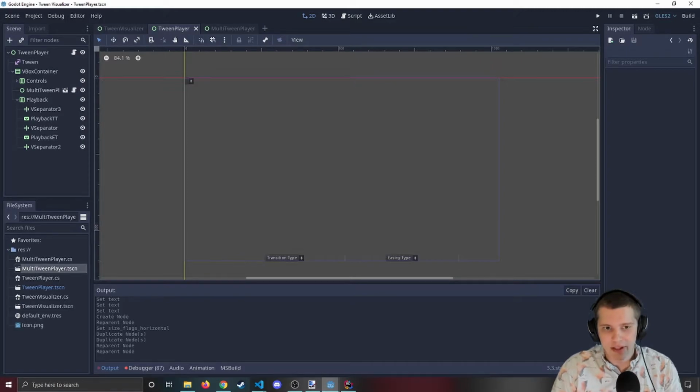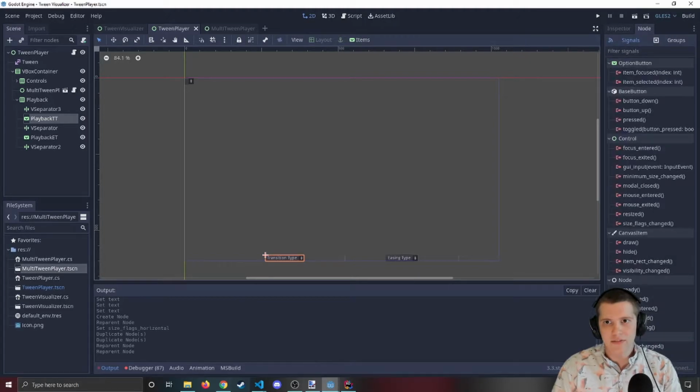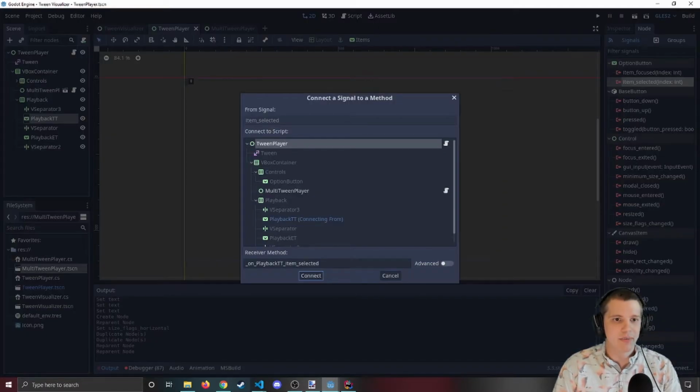So this isn't going to be a full-fledged tutorial on how to do UI, but in a simple sense, we're going to populate the possible options for both of these controls, and then we're going to listen for when they get changed. So let's first set up the listening. To do that, you can click on your combo box, go to the node, and we want to hook into when this item selected changes. So if you double click on this, and then we can click on Tween Player. First, I'm going to copy the method name so we can have it. But if you click on Tween Player and press connect,